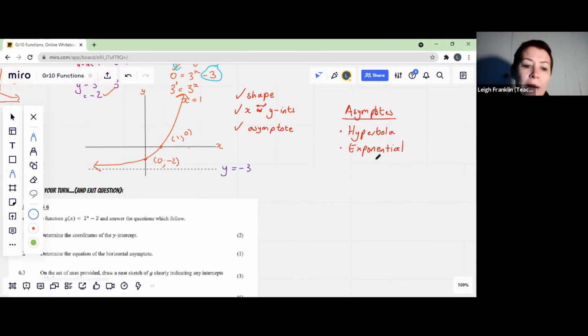Okay, so what happens is that there are places on the Cartesian plane where our curves cannot go. The mathematical word for that is we say that it's undefined at a certain value. So with the function that we were just talking about, y equals 3 to the x minus 3, our asymptote is existing at the number -3. So our function does not have the ability to go through this particular value, so it would be undefined